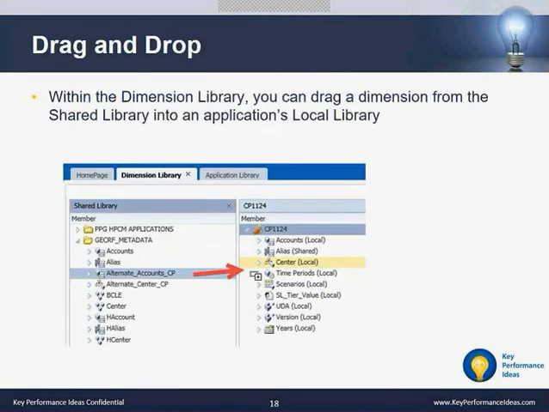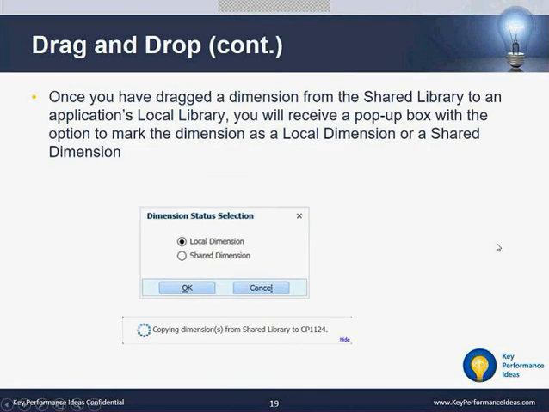So in order to add your shared dimension to your local library for the application that you're working with, you can simply drag it and drop it over. So you just pick up this dimension here and drag it over. Once you have done that, you'll get this pop-up box which asks whether you want to make it local or shared. There may be some cases where you want to make it local, where let's say